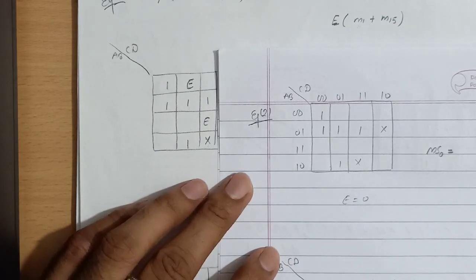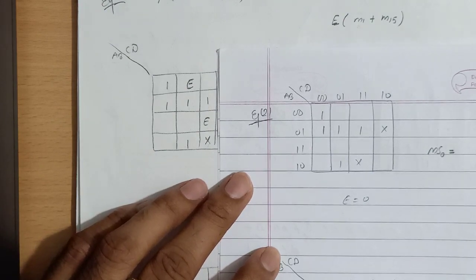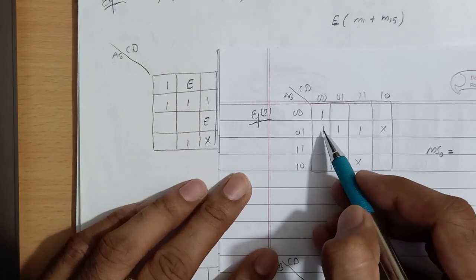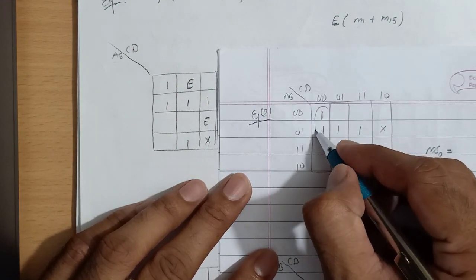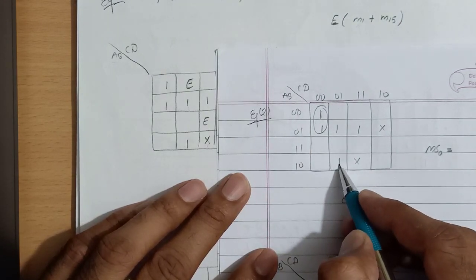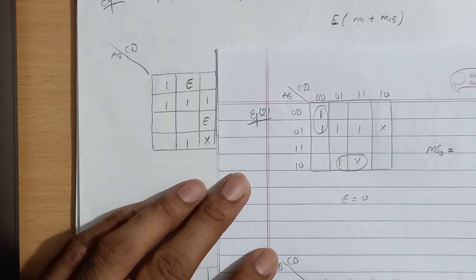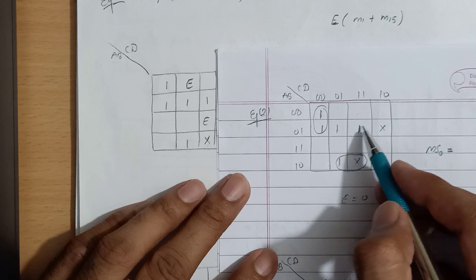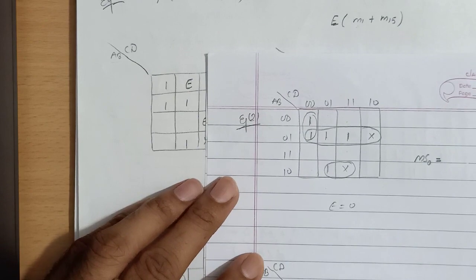So again we will use our general approach for solving the K-map. Suppose I am considering this one. These positions are empty, so this is an essential prime implicant. If I look at this one, it has only one neighbor, so this is also an essential prime implicant. Now I look at this one, these two are neighbors and these two positions are empty, so these two neighbors can be covered by a single term, that is also essential. So all are essential prime implicants.